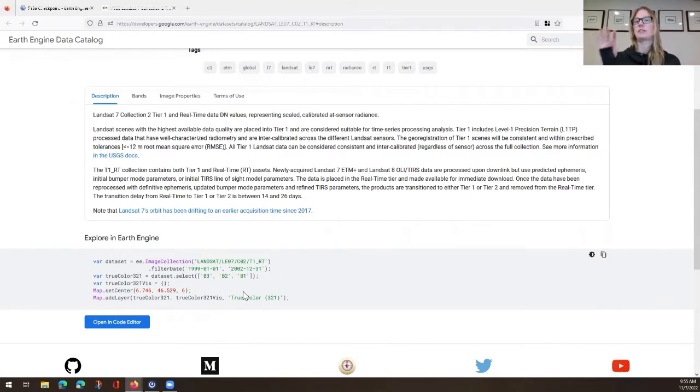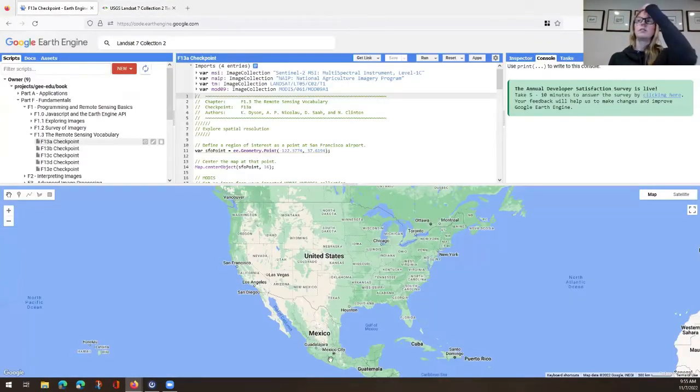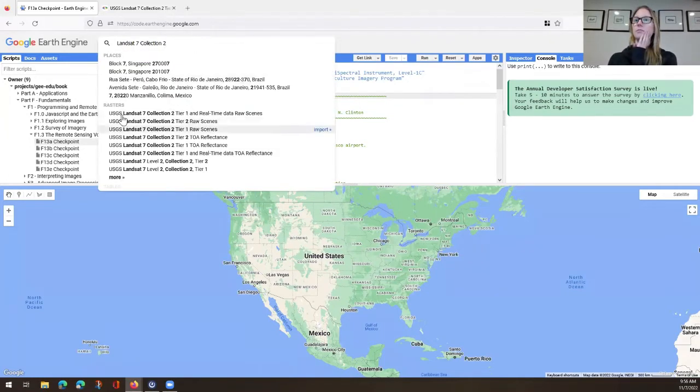You can always copy paste this code. You can always open this code in the editor. The Earth Engine team has really done a great job with all of their data sets that are in the catalog in terms of having this information available. So there's a lot more that you can also do with this. And I leave some of that up to you. But I do highly encourage